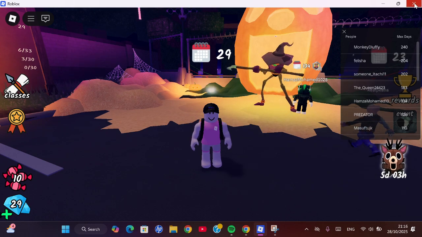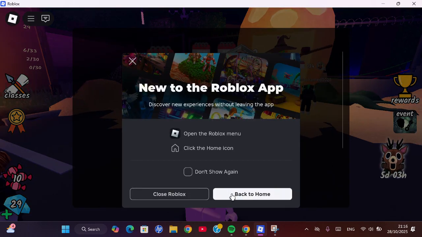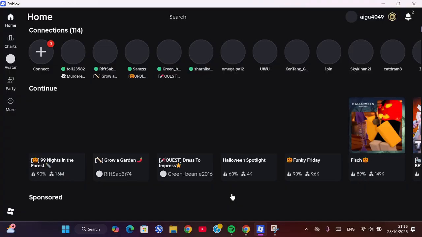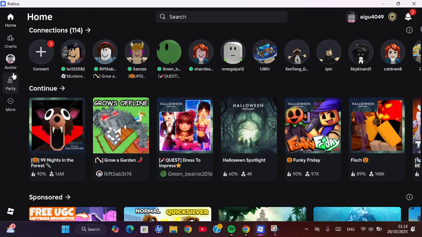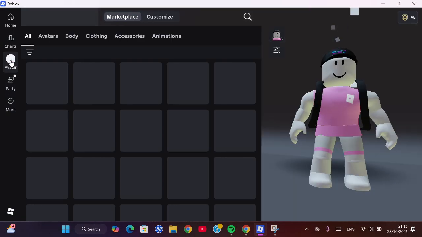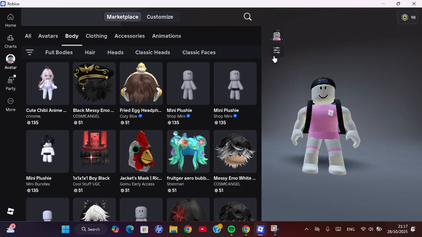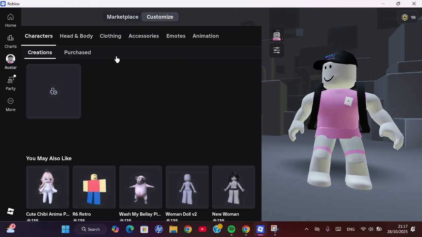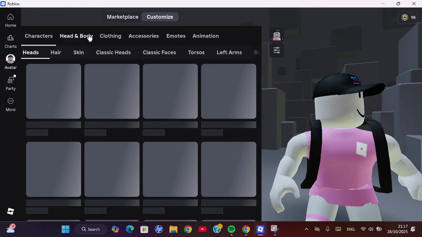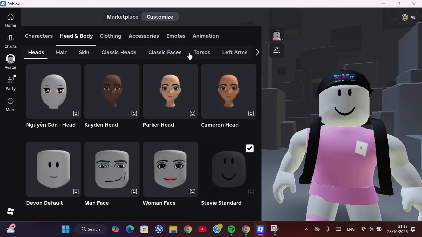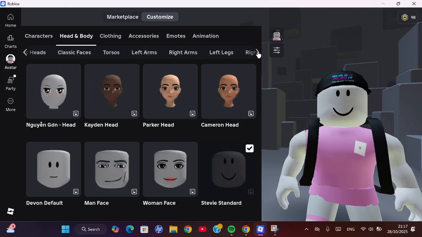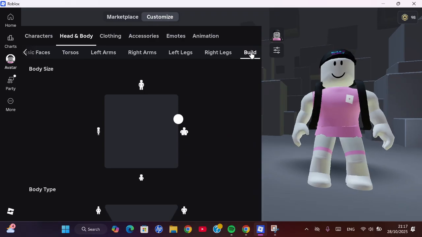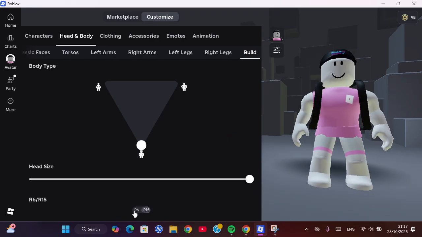I'm going to close my game and go back to the Roblox home, and then here we can go to our avatar, and then you're going to go to the customization, and I'm going to go to the head and body. And here, guys, you're going to select the build and then scroll down, and here you just need to select